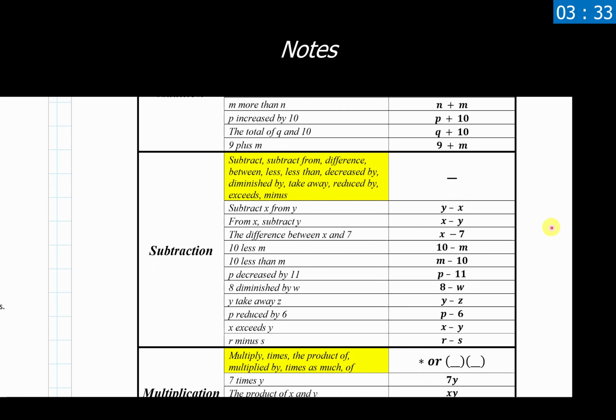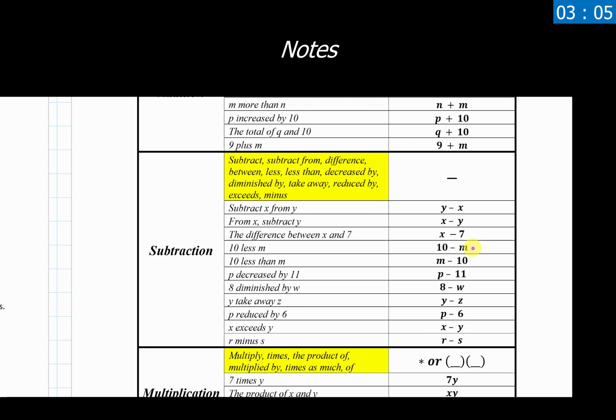And if you're in the boat of thinking, well, no it doesn't, I can put it in any order that I want, I'd like you to take a look at these 2 examples that we have right here, 10 minus m and m minus 10. Notice that the way it's written in English, there's only a 1-word difference between them, but that changes a lot. And if you're wondering, well, that doesn't really seem like it changes a whole lot, here's my question to you.